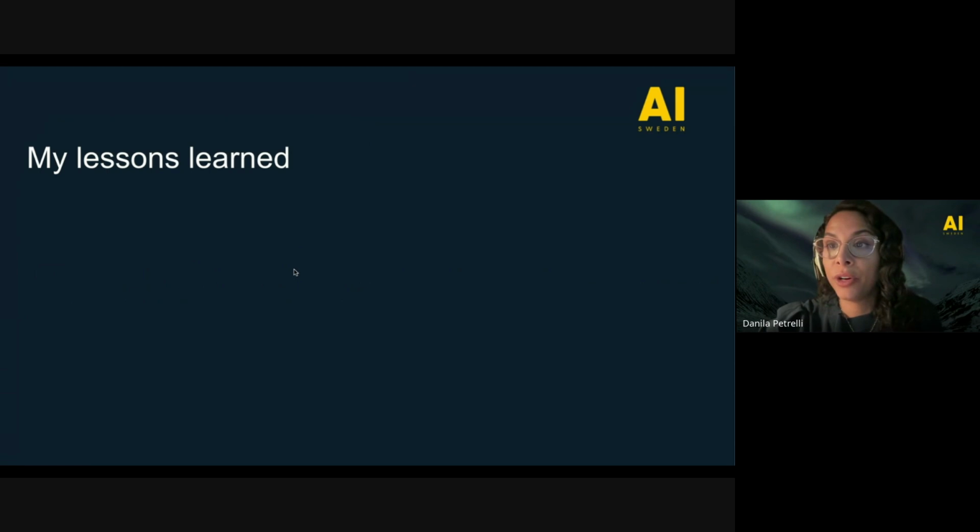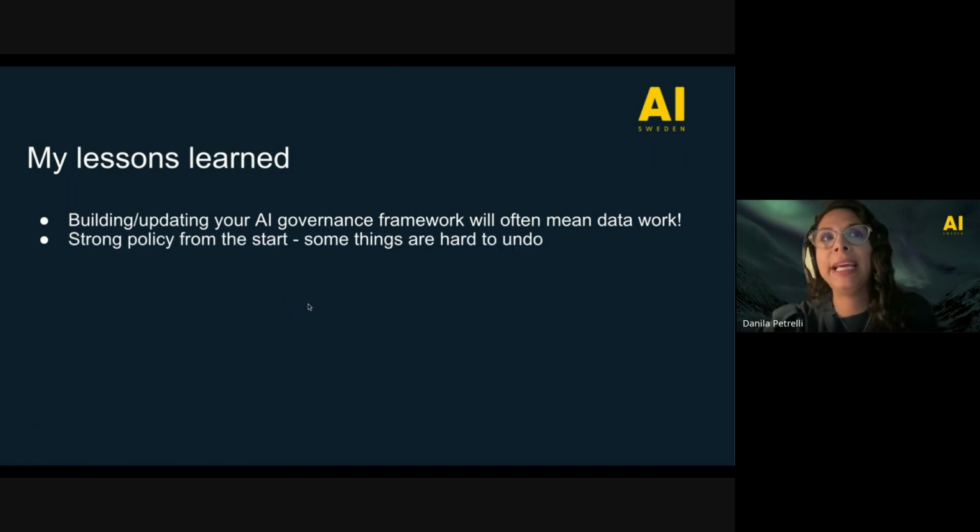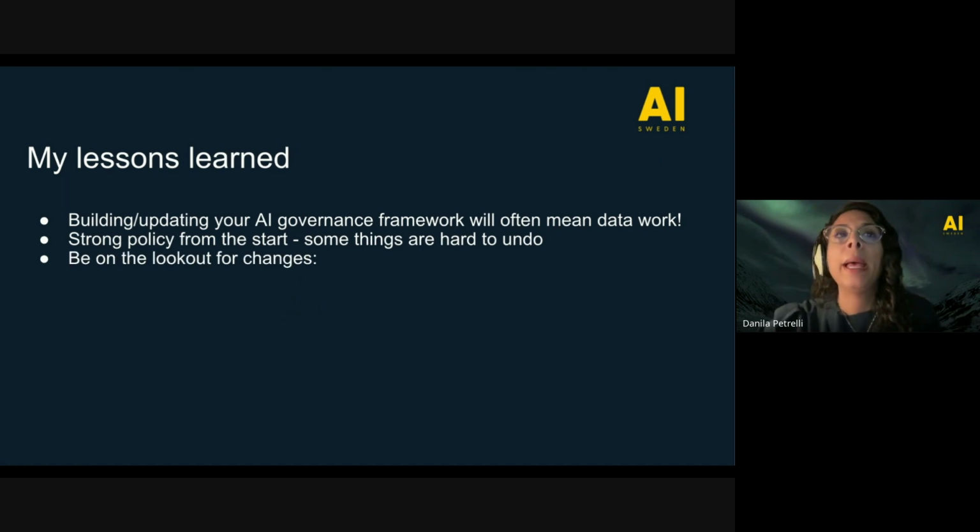This is the global lesson learned from these two projects and more. To be honest, I want to say that building an AI governance framework will mean data work in the end, and therefore that's why I love to talk about data governance in the first place. There you need to have some kind of strong policy from the start, because some things are really hard to undo or do retroactively. But also don't assume that something that we weren't able to do a couple of years ago